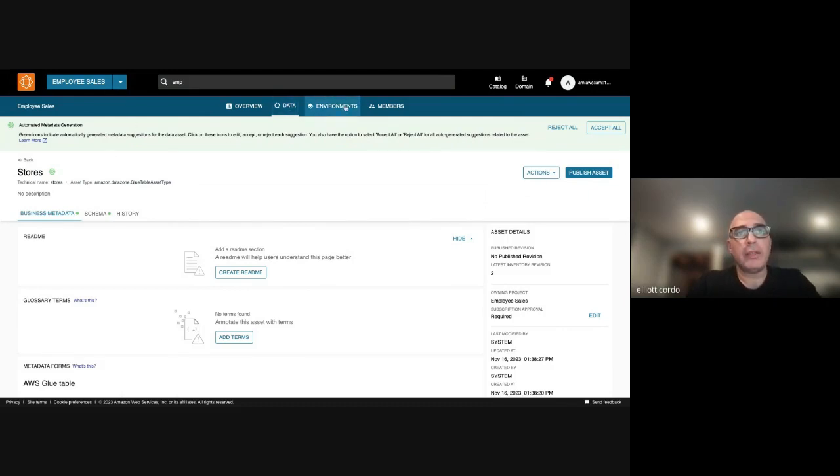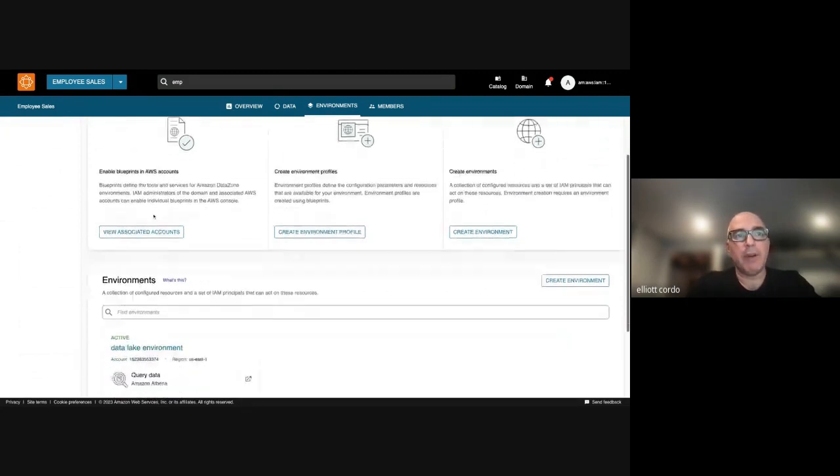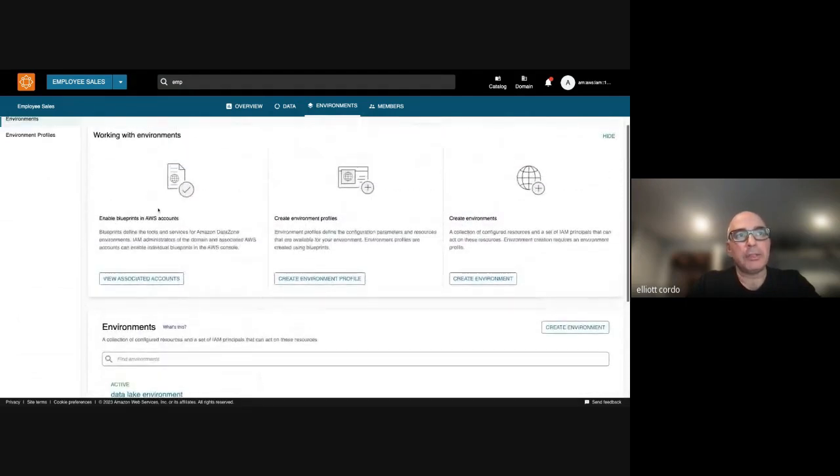One other thing that they made more deliberate is this concept of blueprints and environments. Blueprints are basically packages of tools that you can have, right? So you can have a data lake blueprint. You can have a Redshift blueprint.